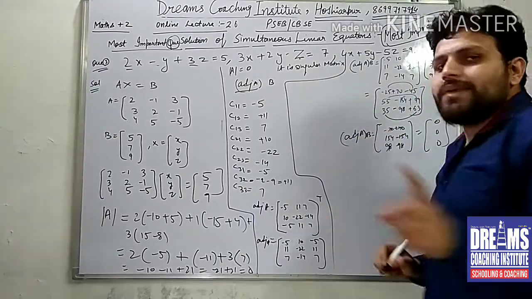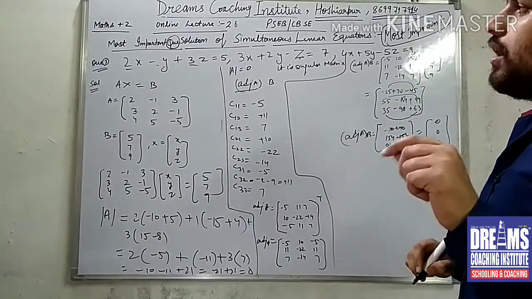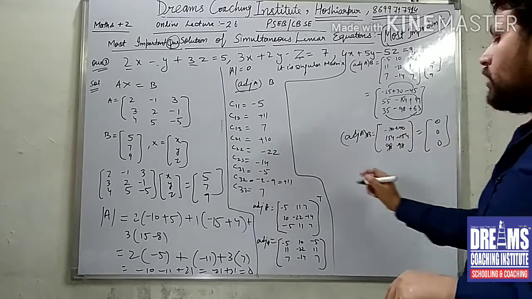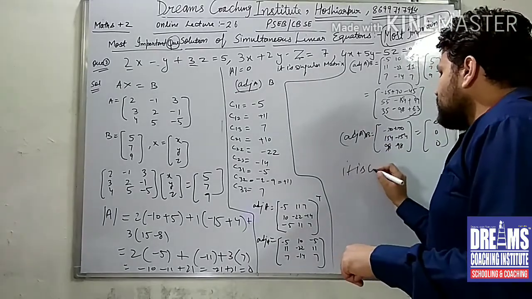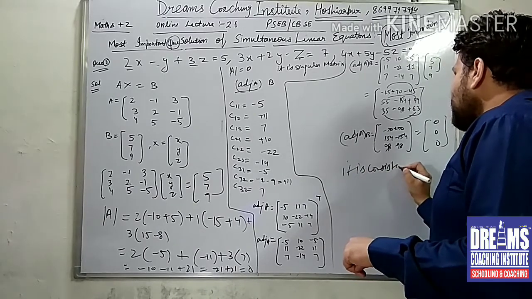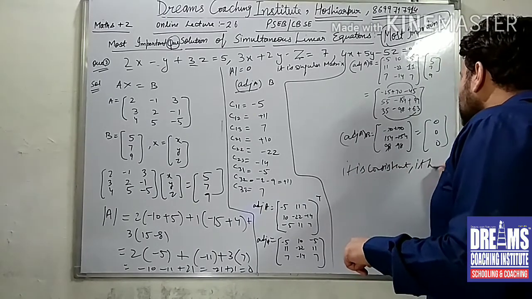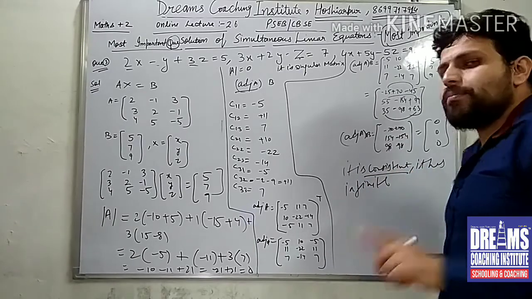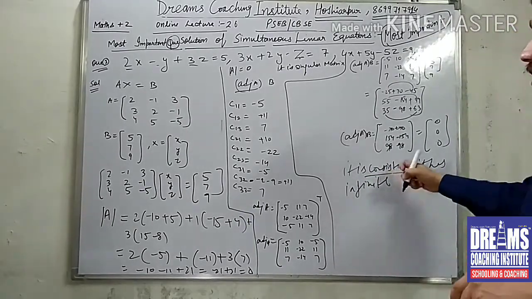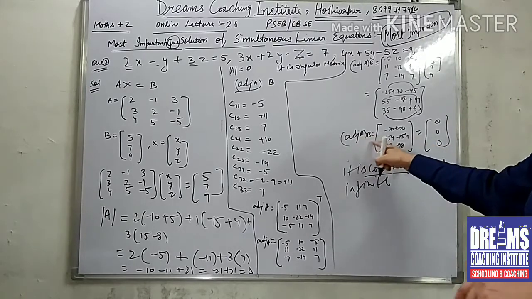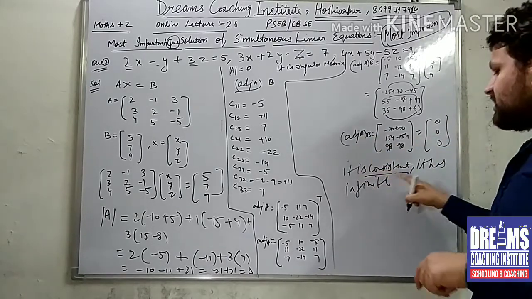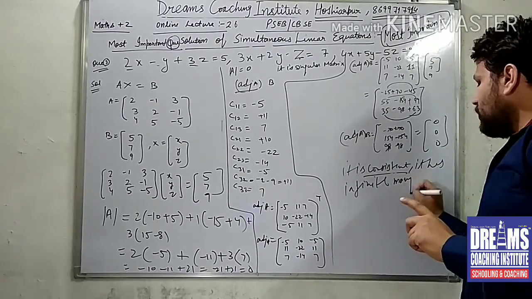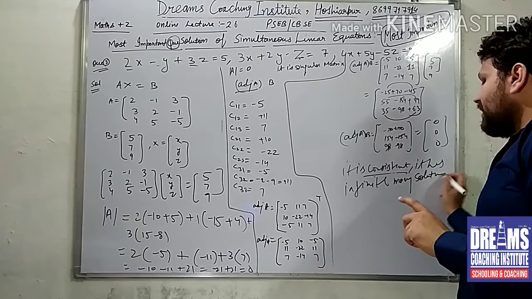So, as we read in the last lecture, the 25th lecture, I told you that when adjoint of A into B becomes 0, it is consistent and it has infinitely many solutions. As the question said, show that it is consistent. So we proved here by solving adjoint of A into B equals 0 that it is consistent. तब ये consistent हो जाता है. It has infinitely many solutions. और इसके infinite many solutions निकालने का तरीका क्या बताया था?